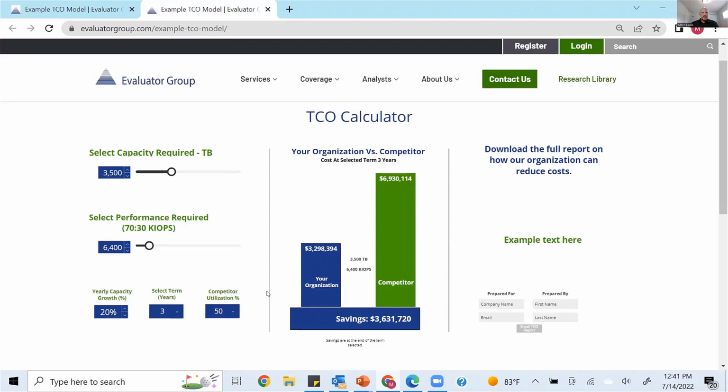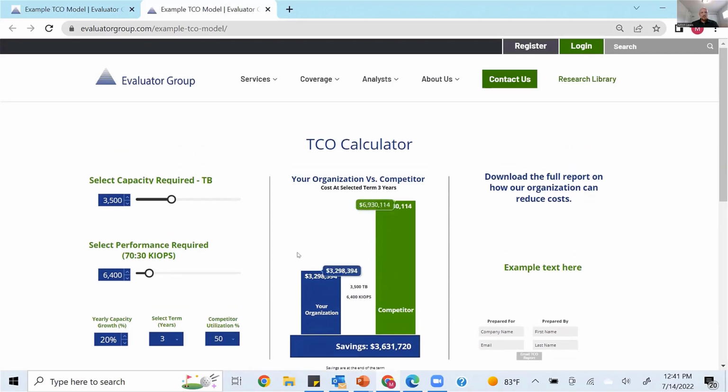I'll say 50%. So the actual tool is pretty simple, but there's a whole bunch of different calculations that are built into the Excel sheet in the background that actually configure the storage configuration, how many nodes you would need, does that meet the capacity requirements? Does that model meet the performance requirements? Otherwise, they'll go to a different model. It looks at data reduction,